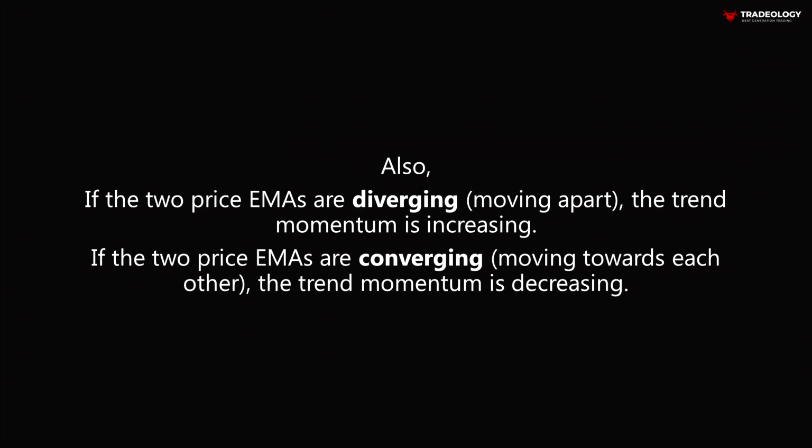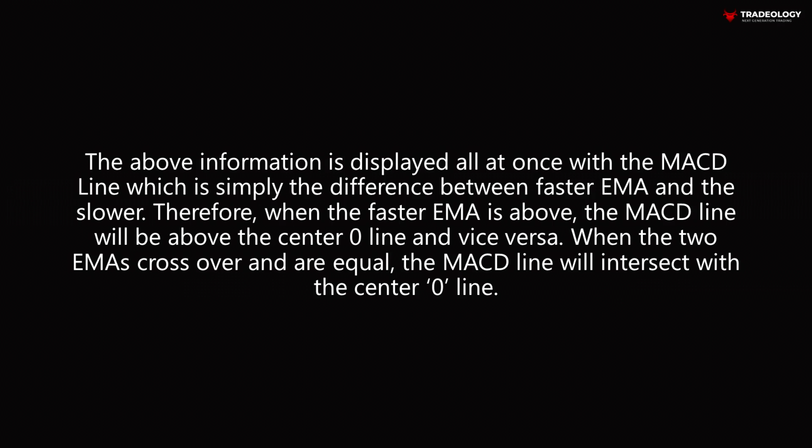Also, if the two price EMAs are diverging, or moving apart, the trend momentum is increasing. If the two price EMAs are converging, or moving towards each other, the trend momentum is decreasing. This can be displayed all at once with the MACD line, which is simply the difference between the faster EMA and the slower. Therefore, when the faster EMA is above, the MACD line will be above the center zero line,